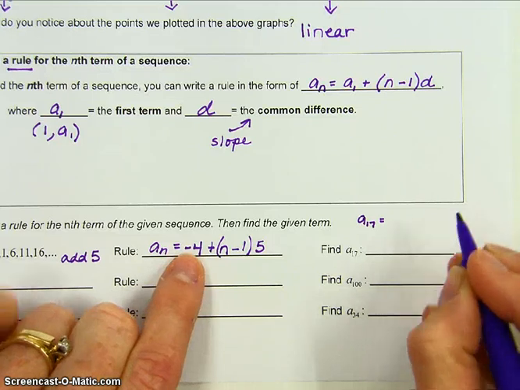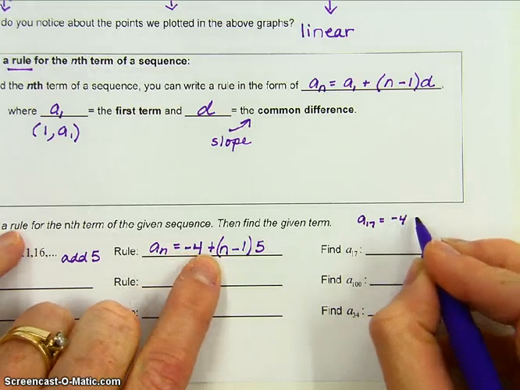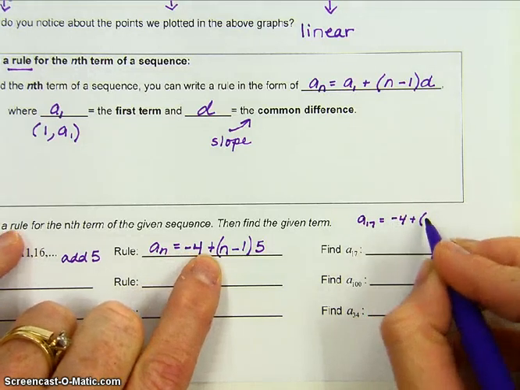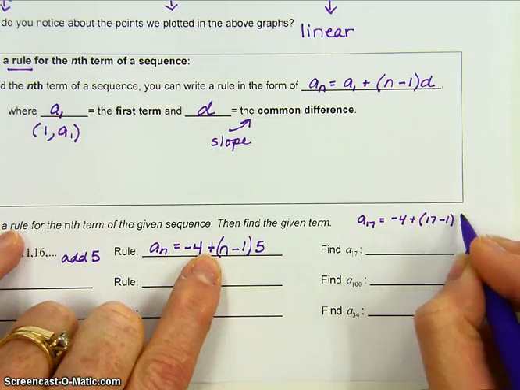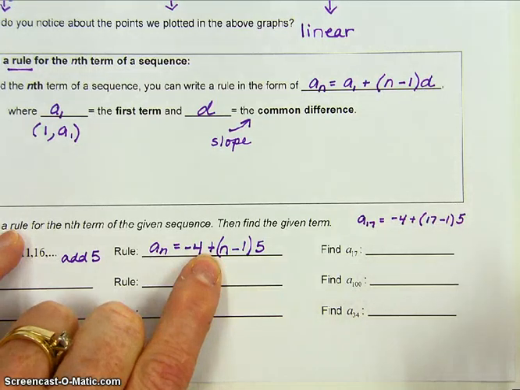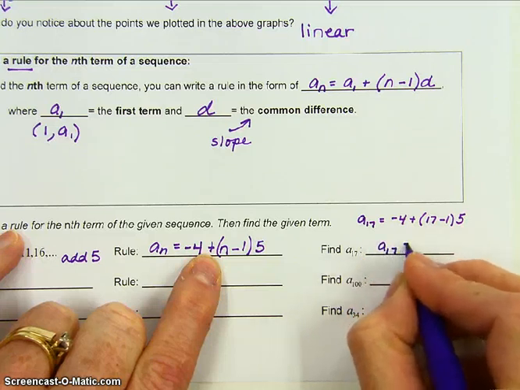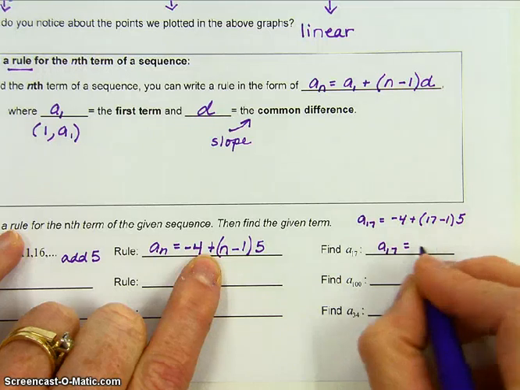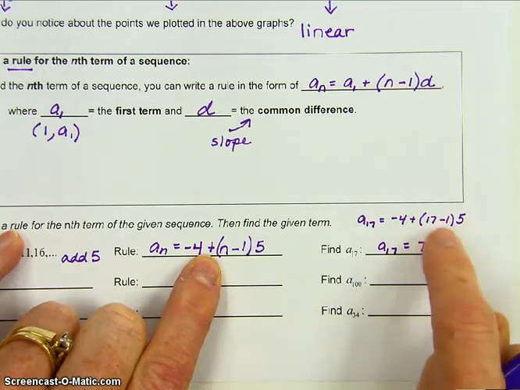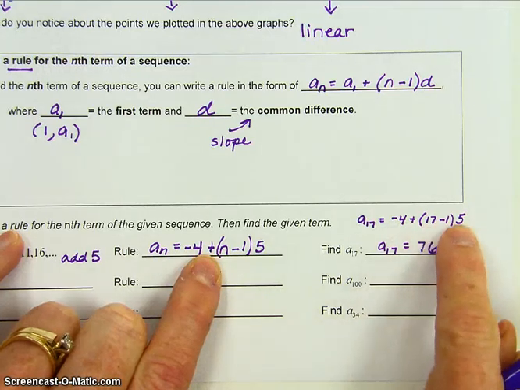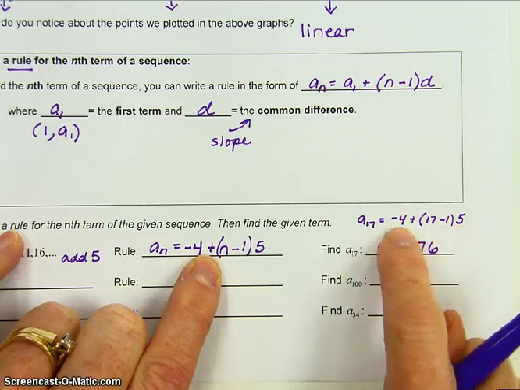You take your rule, negative 4 plus parentheses 17 minus 1 times 5. So when you clean that up, A sub 17 equals 76, because 16 times 5 is 80, added to negative